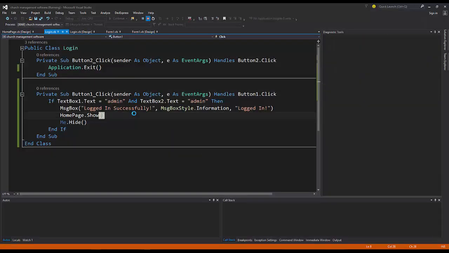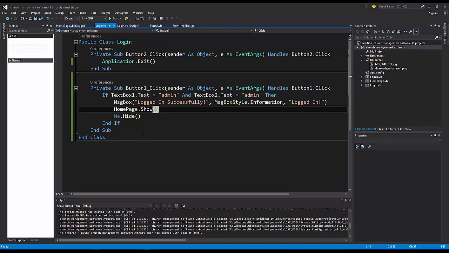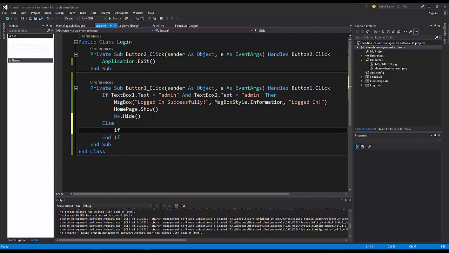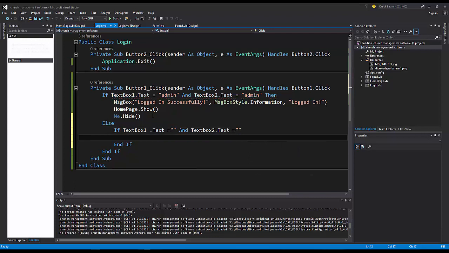All right, so let's see how best to set up some message boxes, pop-up messages, warnings, and then top security aspects. So let's say else if our text box 1 dot text equals to nothing, if the person didn't type anything inside the text box, and text box 2 dot text equals to nothing, only then it should tell us something. So if the person didn't write anything in the text box 1 and then the person didn't type anything in the text box 2, then it should pop up a message box telling the person that